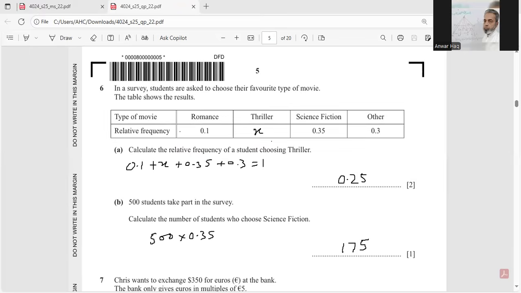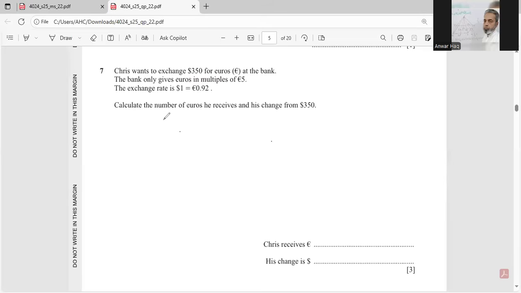This is question 7 now. Chris wants to exchange $350 into euros. So he has given you the scale. $1 is equal to 0.92 euros. So for $350, simply multiply by 350 on both sides. So you will get $350 is equal to 0.92 multiplied by 350. By using the calculator, you will get